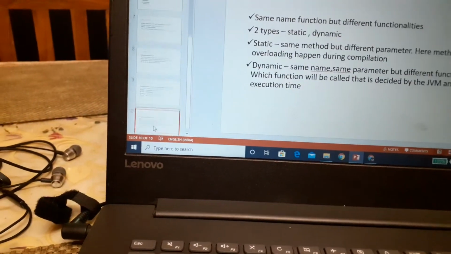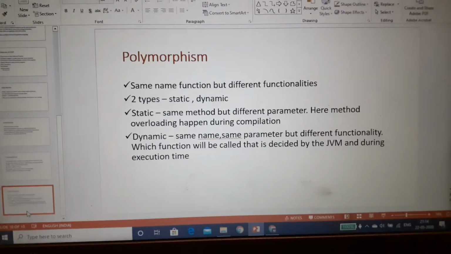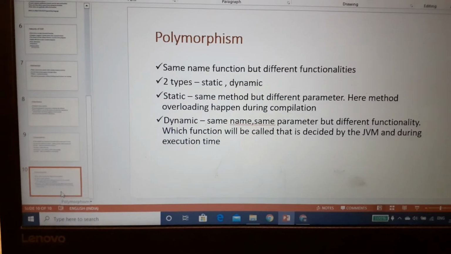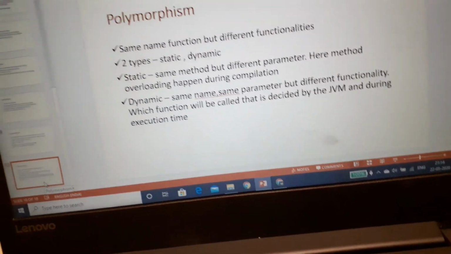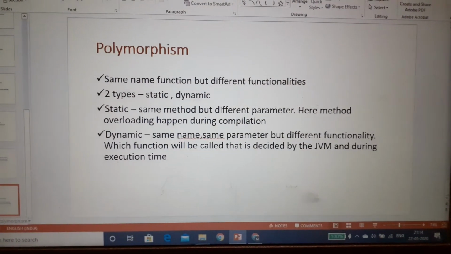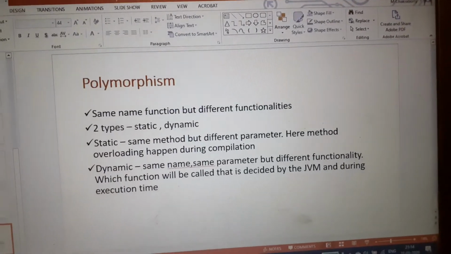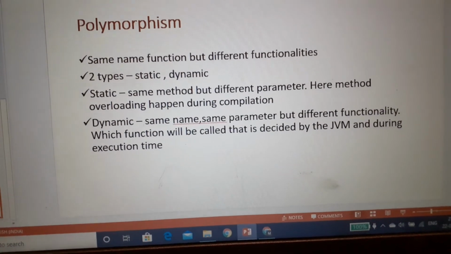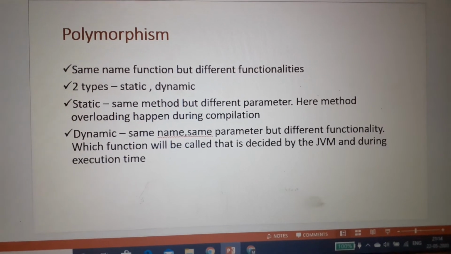Next comes polymorphism. That is another characteristic of object oriented programming. Polymorphism means the same name but different function. When a same name function is used by a superclass or subclass, but their functionalities are different, we call it polymorphism. There are two types of polymorphism in Java: static polymorphism and dynamic polymorphism. What is static polymorphism?